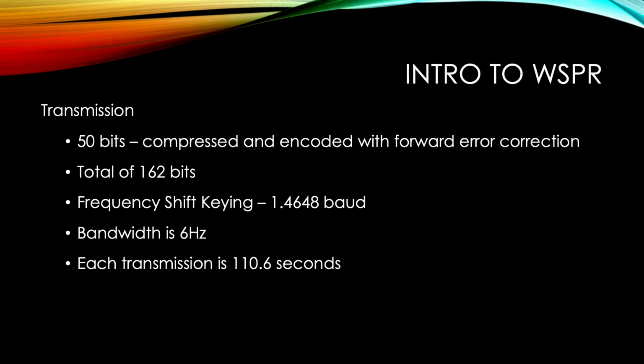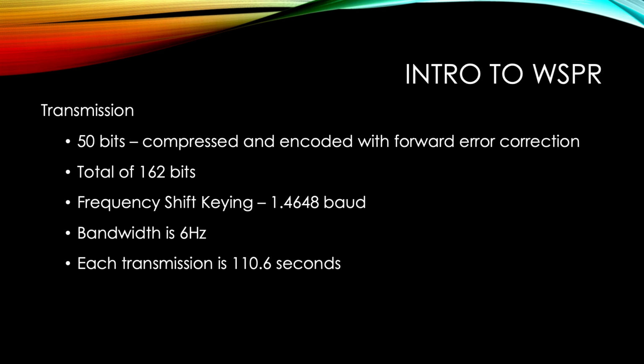The transmission for WSPR is 50 bits. And it's a compressed, encoded bit stream with forward error correction. So there's a total of 162 bits in the transmission, which includes the 50 bits of information and the forward error correction. It uses frequency shift keying, FSK, at 1.4648 baud, taking up a bandwidth of about 6 hertz, so it's really efficient. Each transmission runs 110.6 seconds,